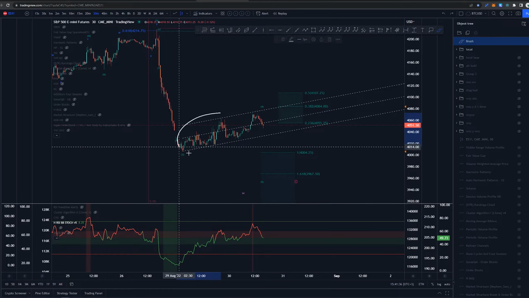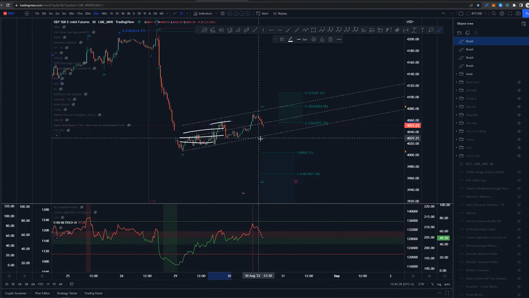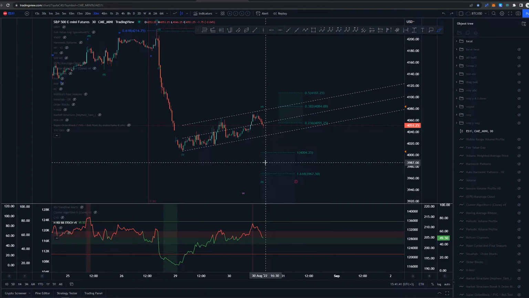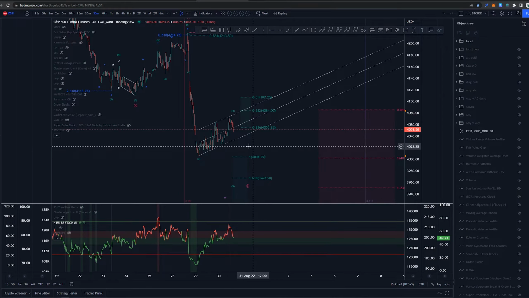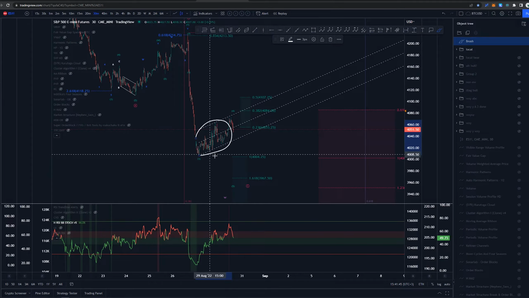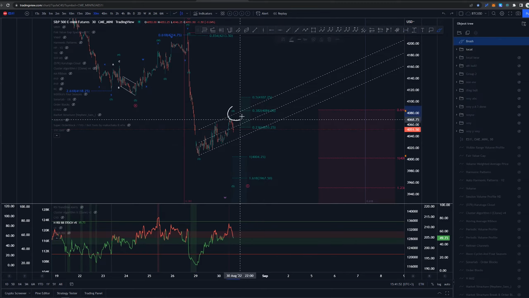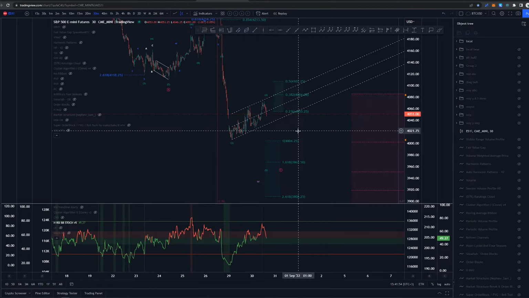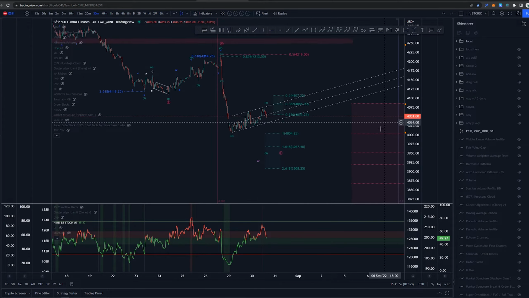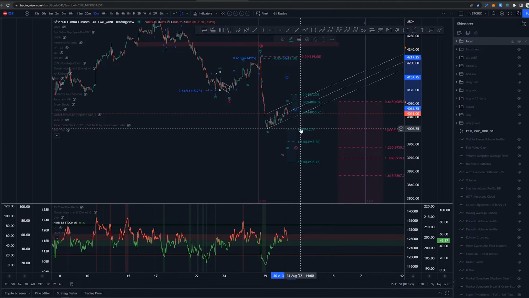The wave structure in here is so overlapping that it is mimicking some kind of corrective pattern. So to say that, okay, we have bullish scenarios here, more likely it would be very weird. So yeah, that's why I'm still thinking that this is indeed a wave 4. Now, we'll see how it turns out, but again, looking at some targets here,